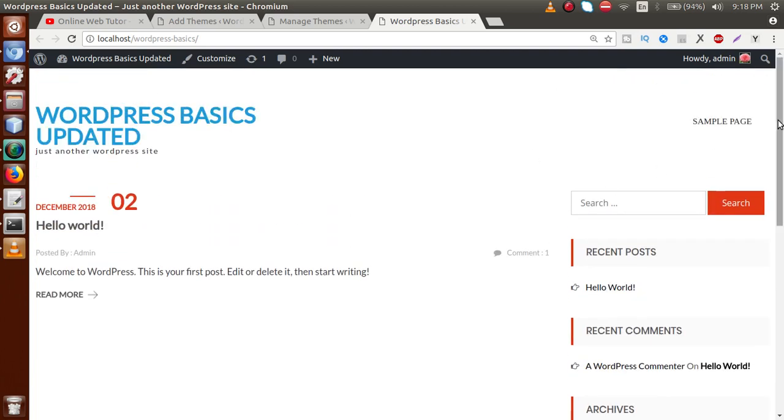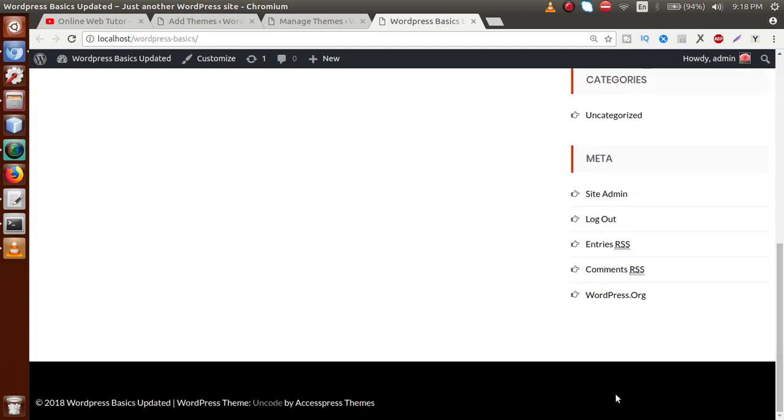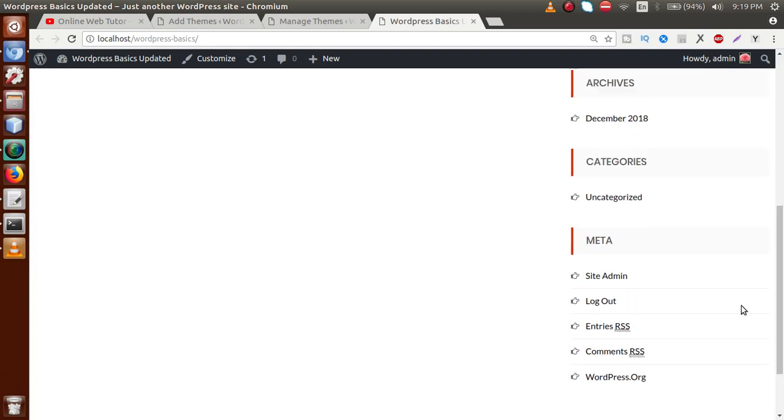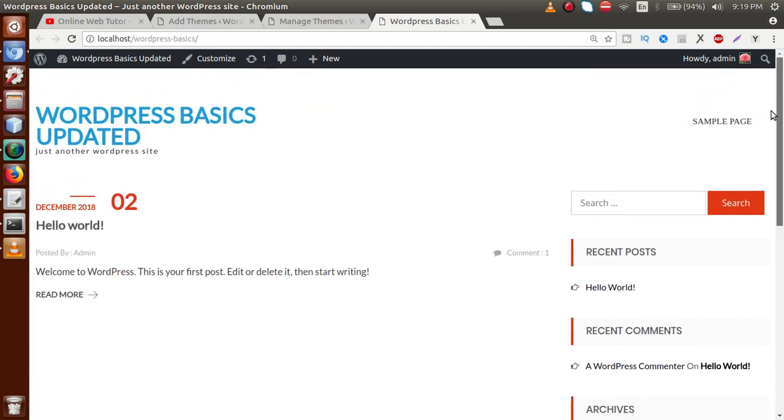If we scroll down, as we can see, guys, this is the footer section that the theme provides, and these are the widget sections. Okay, these are the menus, and this is the icon called WordPress Basics Updated. Okay, so if you go to our